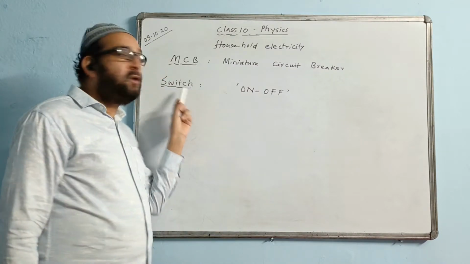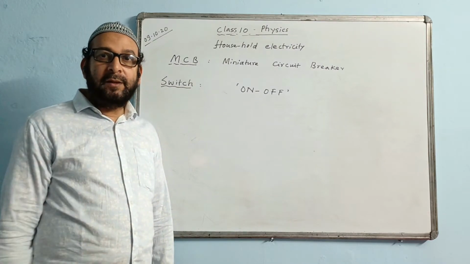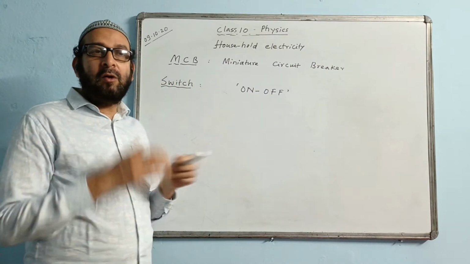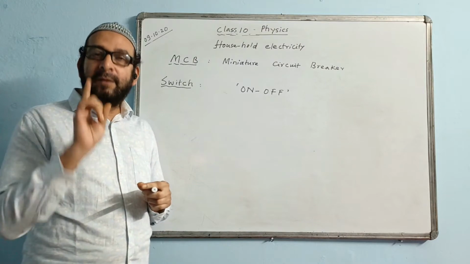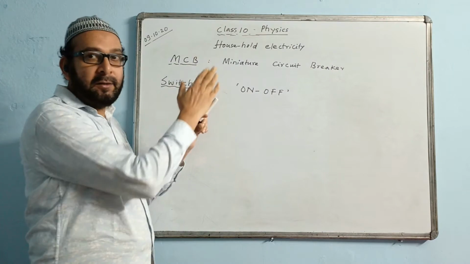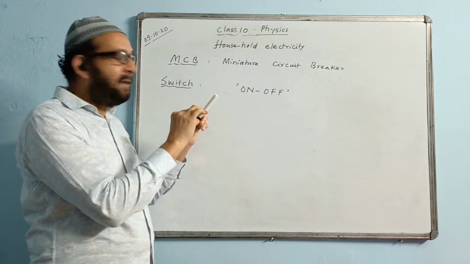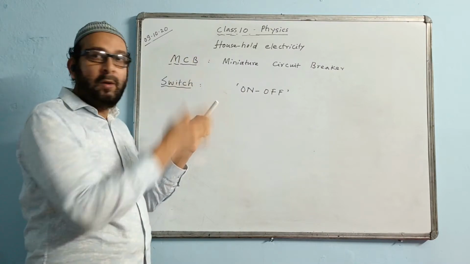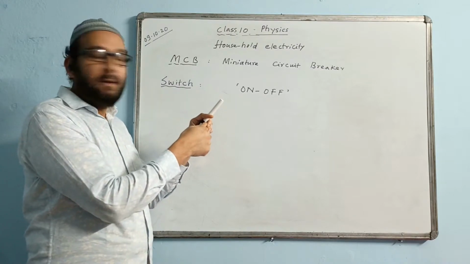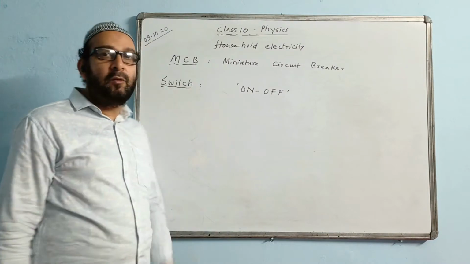Okay, then, a switch is also connected with the live wire. Fuse, MCB, switch, they all are connected to which kind of wire? Only the live wire, because through the live wire the current will enter. When you switch off, it will stop at the entry point, so the current will not go. It allows the current to go, and stops the current as per your requirement. That is the role of the switch.